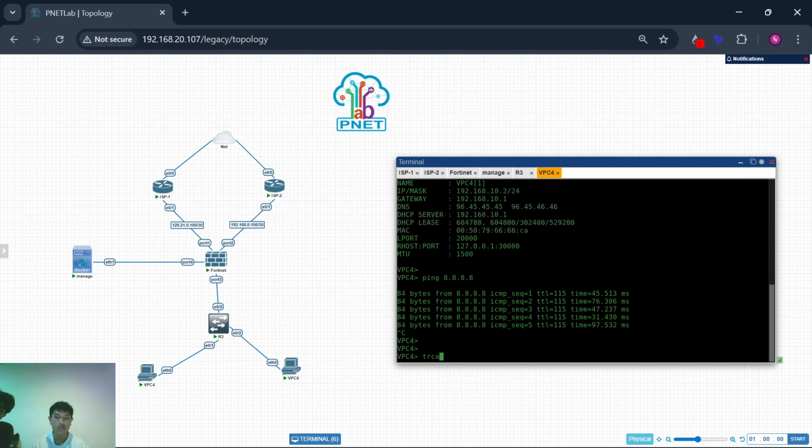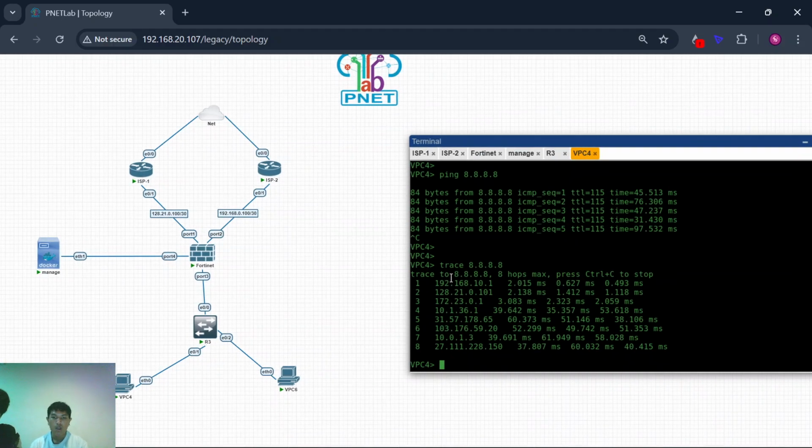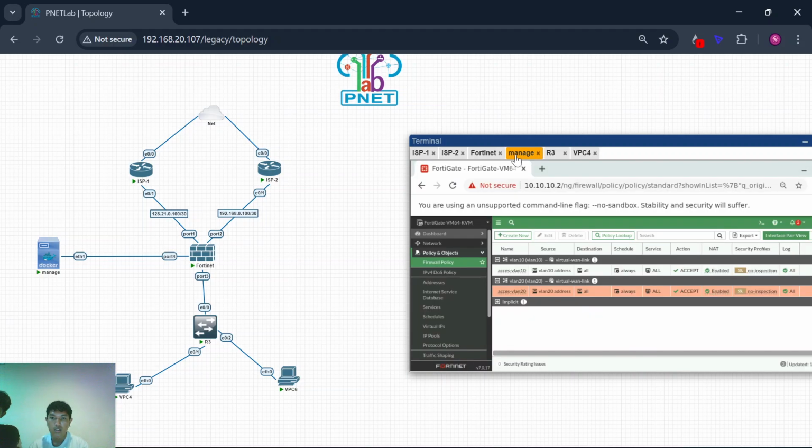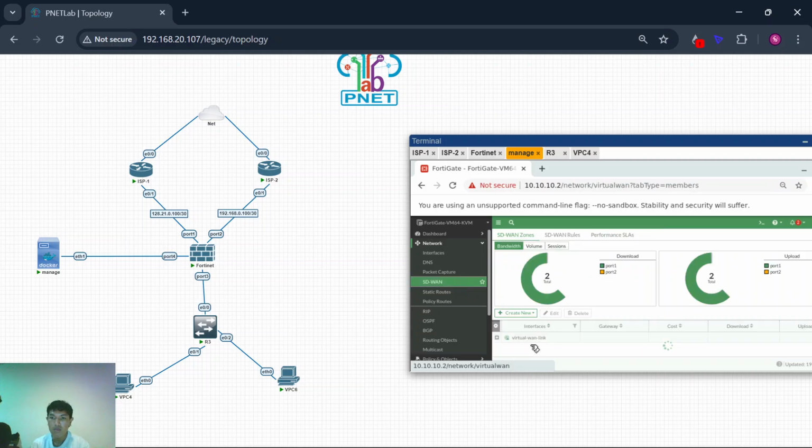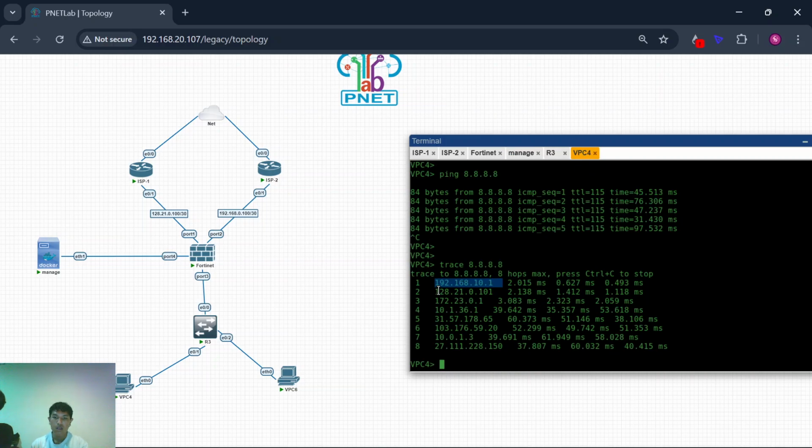If you want to see which interface this VPC uses to connect to the internet, from SP1 or SP2, you can write this command: trace 8.8.8.8. You can see this is 192.168.10.1. This is the virtual WAN link, SD1, going from VPC4 to the FortiGate device, and this is 128.21.0.101.